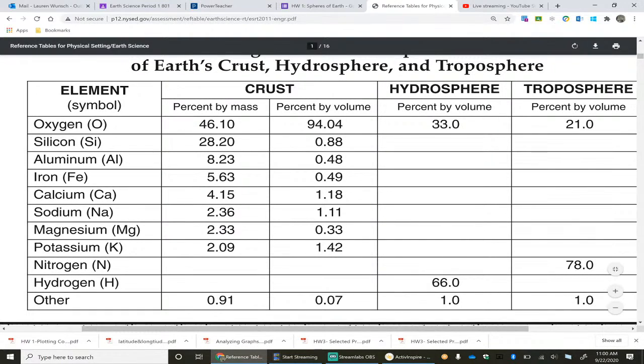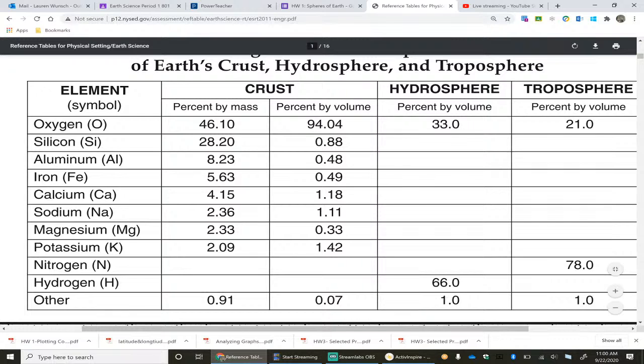And the reason that I'm making this distinction is because a lot of times if they ask a question, they'll ask it by one or the other. But a lot of times if they ask by percent volume, your eyes will just go quick to this column and start giving answers. And notice these numbers are not the same. So that's why we're just taking a minute and making sure we're noticing all those little tiny details that sometimes it's easy to look over.